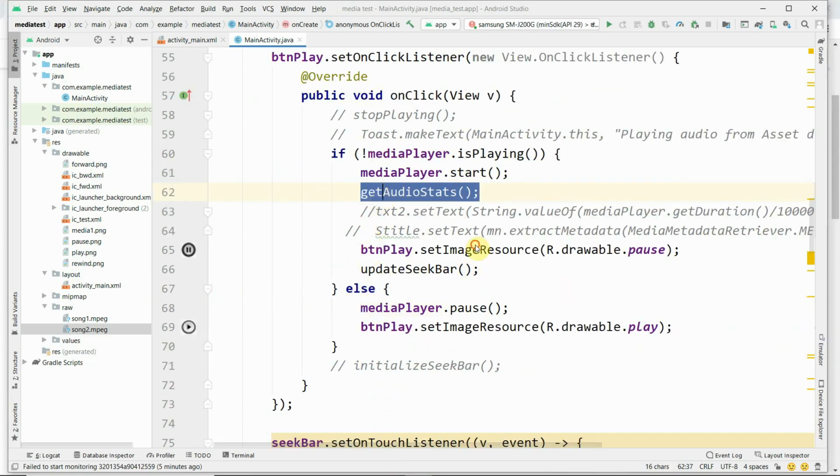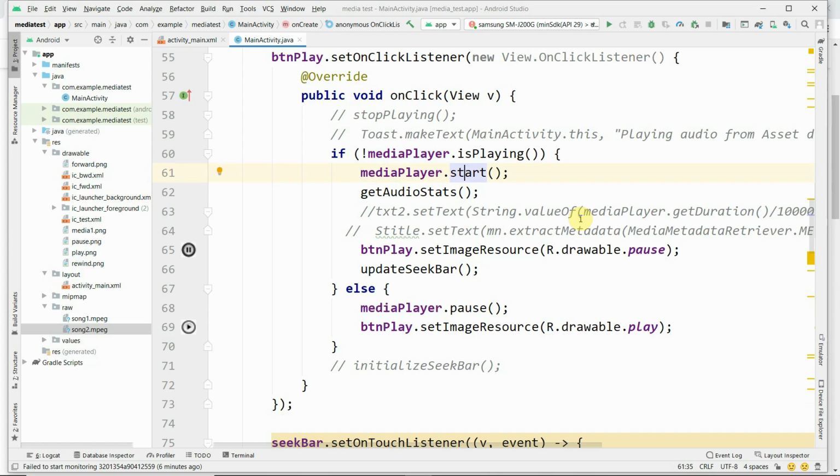This is used to get statistics of the audio player. Then we are setting the image source to the play button.